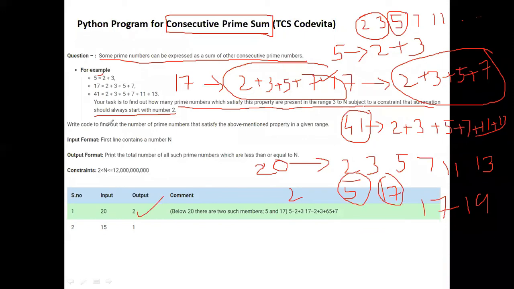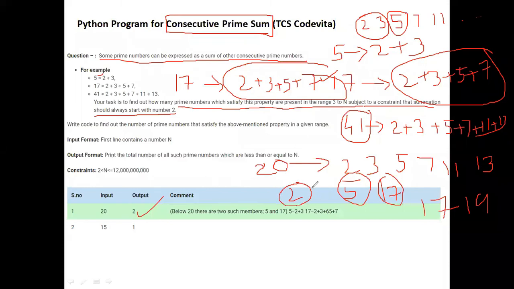So our task is to find out how many prime numbers which satisfy this property, that a prime number can be expressed as a sum of other consecutive prime numbers, are present in the range of 3 to n. Here we consider 2 as a prime number and find the summation.